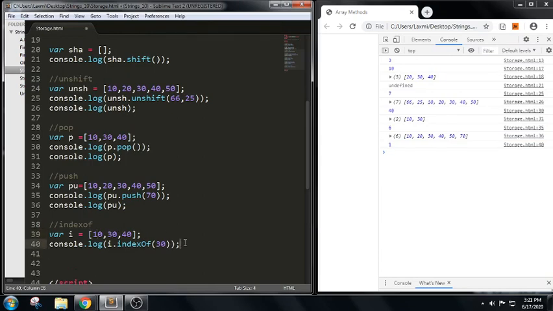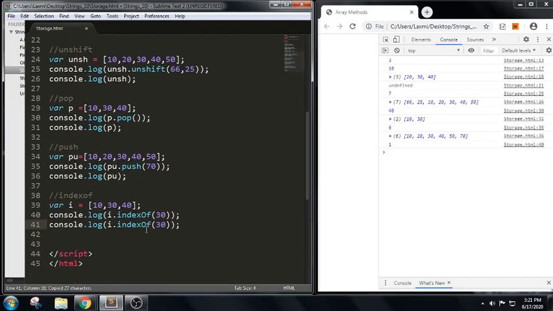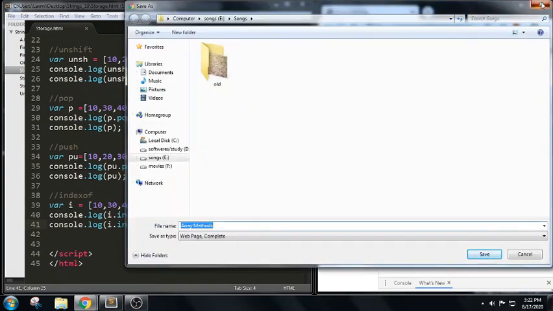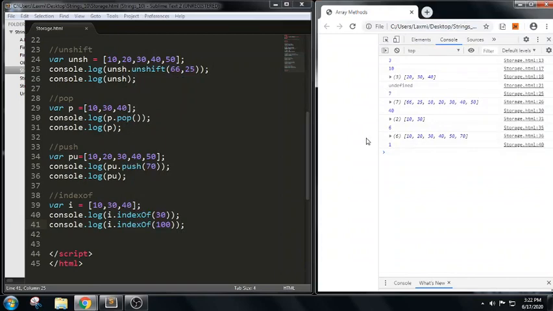If I write indexOf 100 here, whenever we don't have an element, indexOf will try to return -1. So let us see how it goes. You got -1. Line number 41 is -1 and line number 40 is 1.